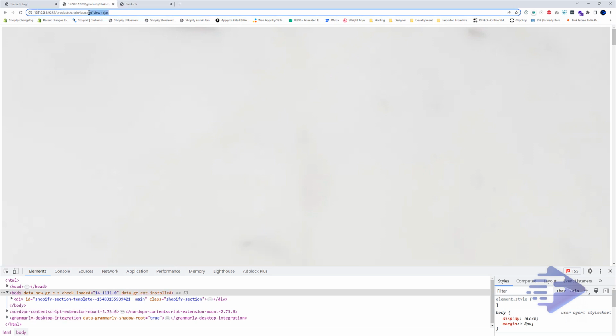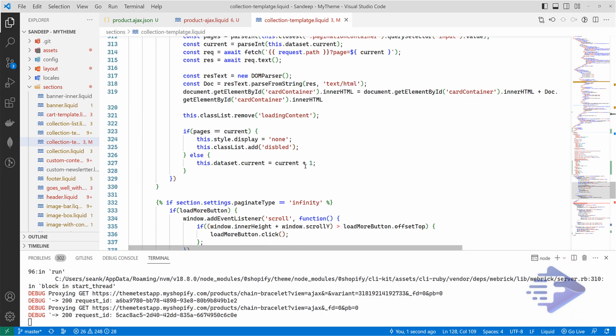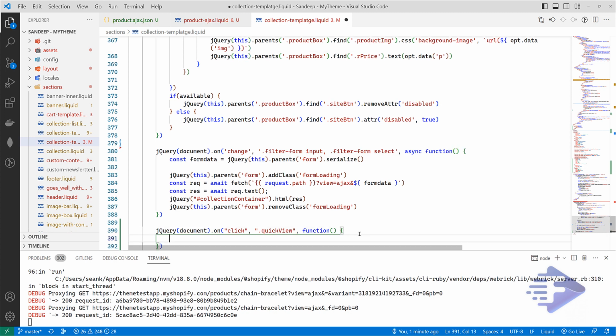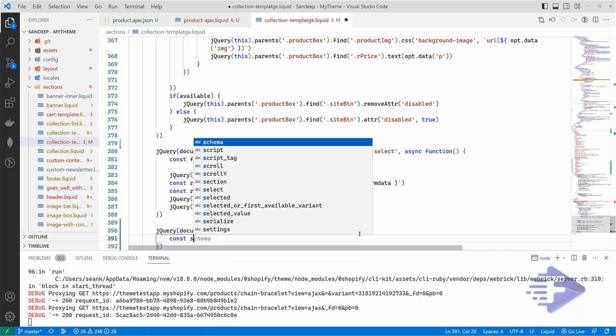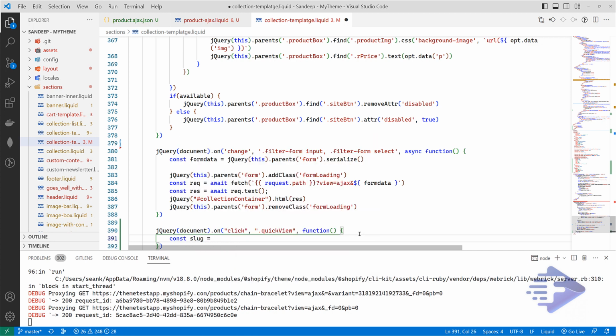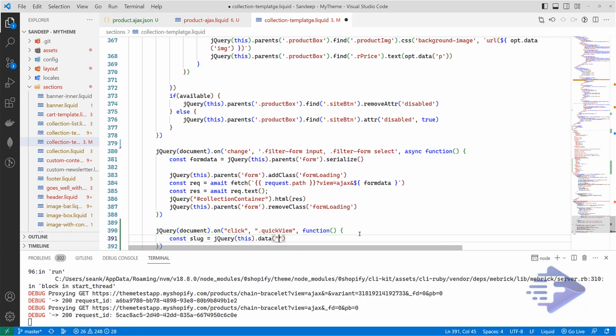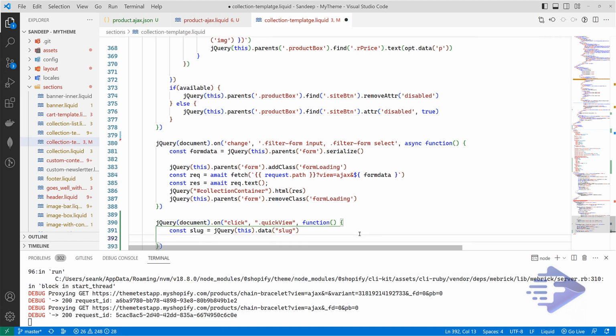So what I'm going to do, I'm going to copy this URL, let's say const slug equal to jQuery this dot data also will be slug, and based on this slug I'm going to generate a URL.